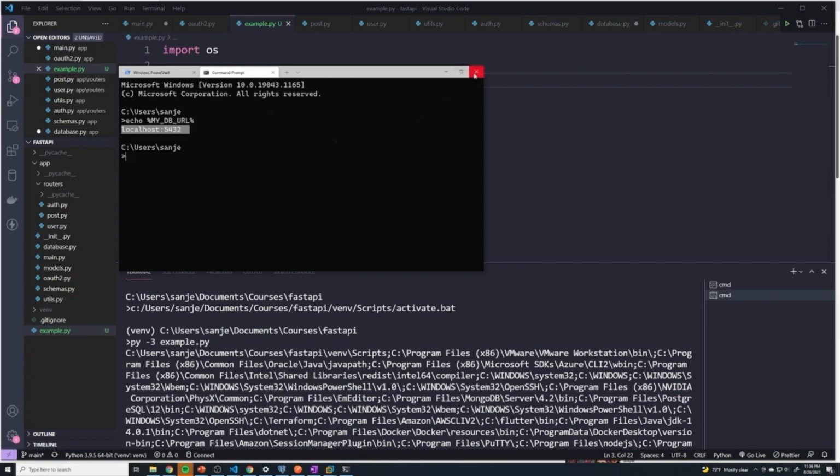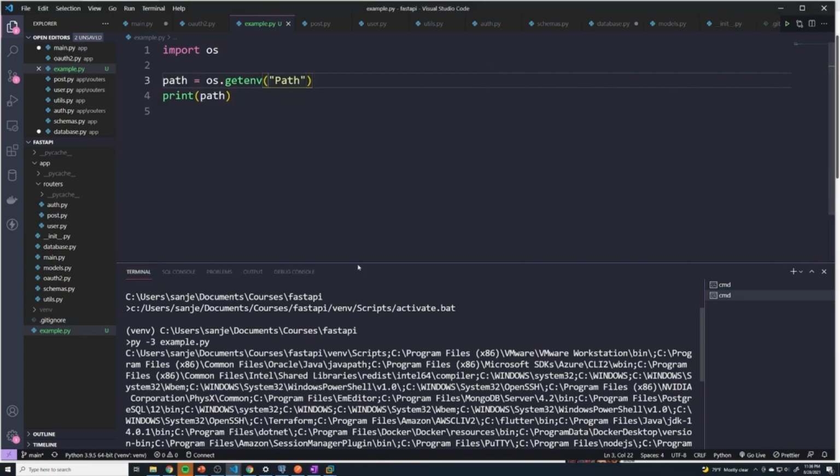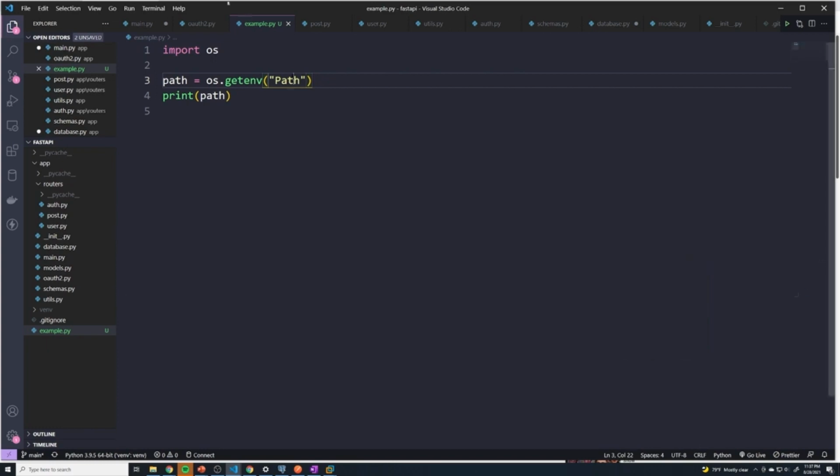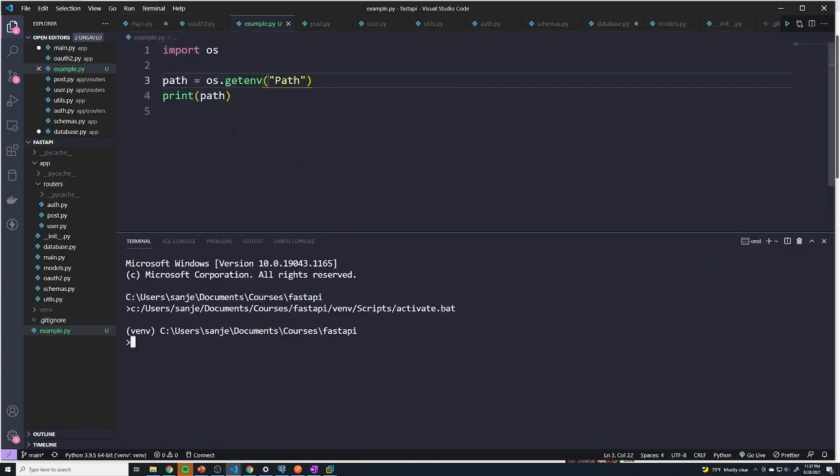Now, on top of that, there's an even bigger issue, and I think this is exclusive to Windows. And that is that with VS Code, the terminals here never have access to a new environment variable whenever you set one. So you could try deleting all of these terminals and then creating a new terminal and then accessing that new environment variable, MY_DB_URL. And if I try to